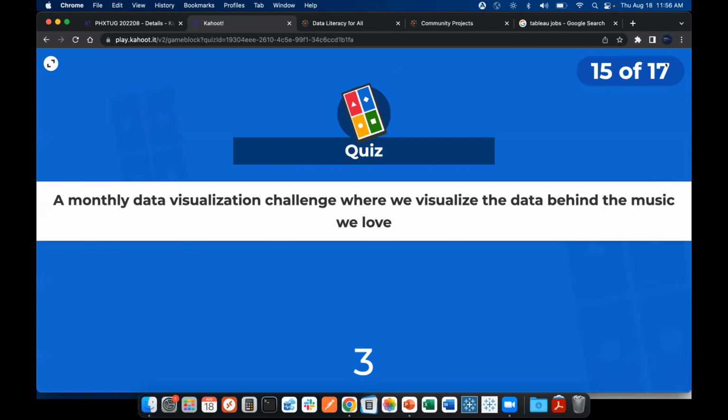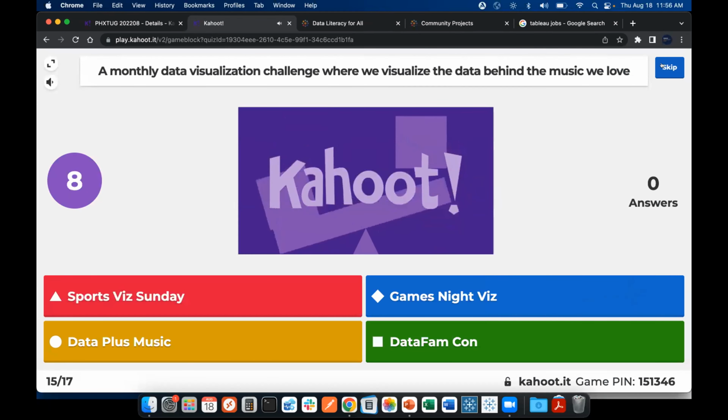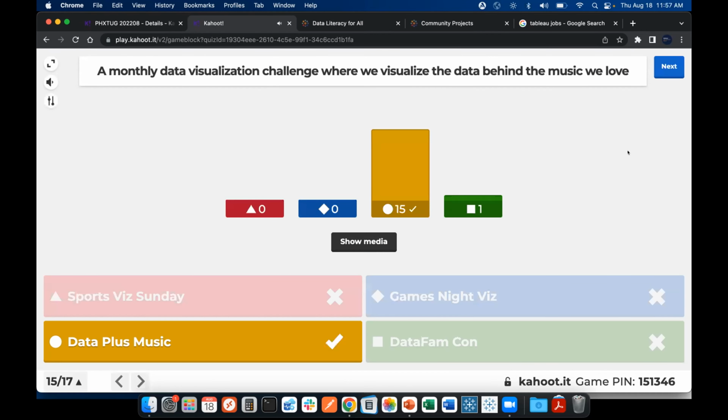What community project, the monthly data visualization challenge, where we visualize the data behind the music we love? Data plus music, another fantastic community project. If you're a fan of music, do participate. Get a lot of good data from Spotify and some other sources.